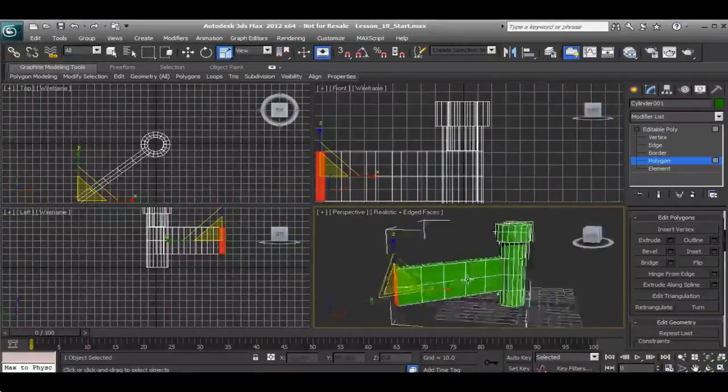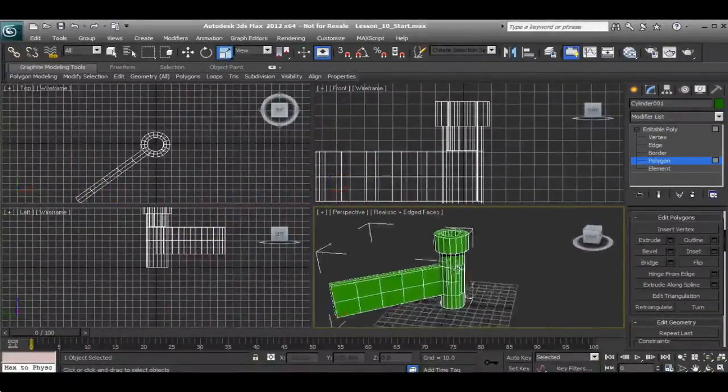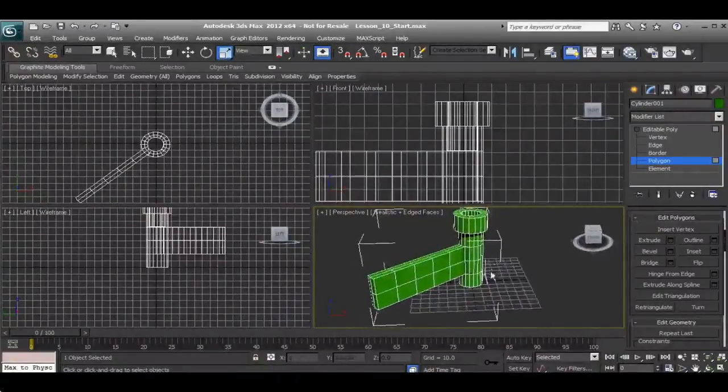Okay, so far we've seen several different ways that we can use extrusion, and hopefully by now you're coming up with some ideas on how you can use extrusion to create models that you would like to